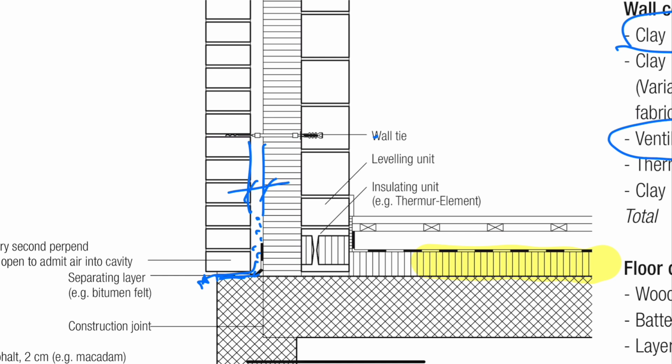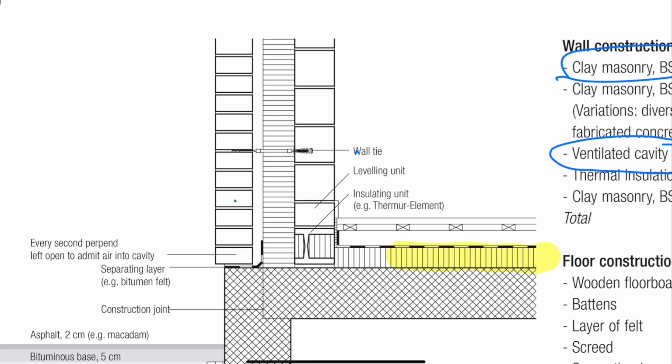So here it is really important to make sure that this bit is sealed off properly, so none of the water can seep into here. Of course, in a timber facade, this ventilation layer and ensuring that water flows off is much more important, because the timber itself is really vulnerable to water because it could be rotting. So we don't usually have that issue with the bricks, but we have an issue of the